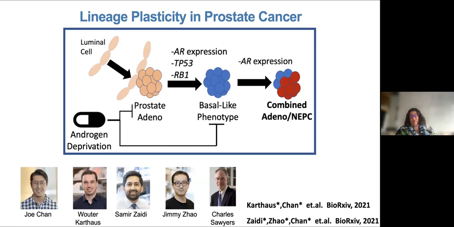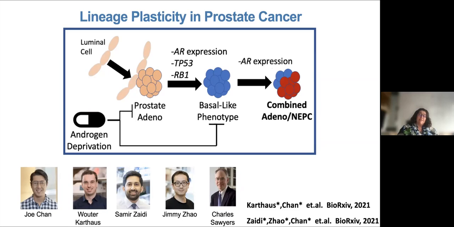Now, this is fresh out. We put out these two preprints on bioRxiv this weekend, so anyone who wants to can read this work. This has been a wonderful and still ongoing collaboration with Charles Sawyers, with a big team of fellows. In my lab, everything's being led computationally by Joe Chan. Samir Zaidi actually took this as an opportunity to learn computational analysis and how to do so rigorously, so he certainly did a lot of heavy lifting on the computational analysis as well in Charles's lab. And of course, these two completely gifted experimentalists, particularly Wouter, whose work I'm going to talk more about.